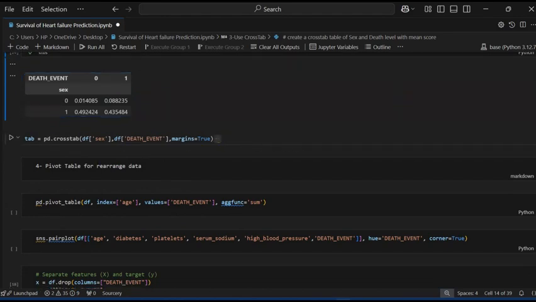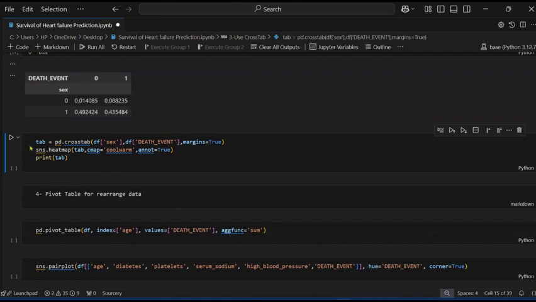Same thing, here I am using tab as a variable name. I take the variable name, equal sign, pd.crosstab, where I pass df sex as a column name, df.death_event also a column name, and margins equal to true. Then I am using the heat map, so it is visualized.